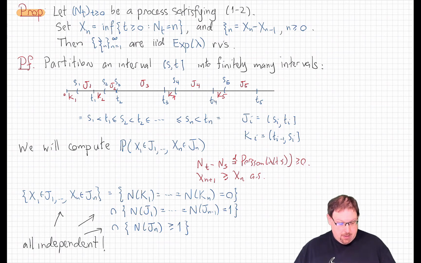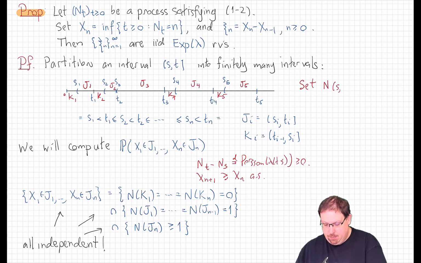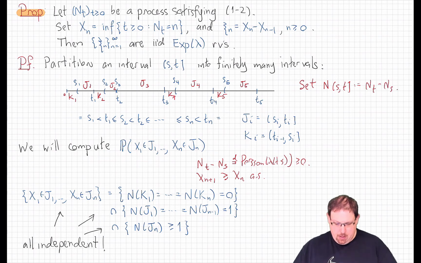To write that down succinctly, we'll introduce some notation, which is consistent with our stochastic measure notation from before. If we have this process N_t, let's set N of the half-open interval from s up to t to be just the increment, N_t minus N_s. So with that notation in hand, what does it mean to say that x1 is in J1 and x2 is